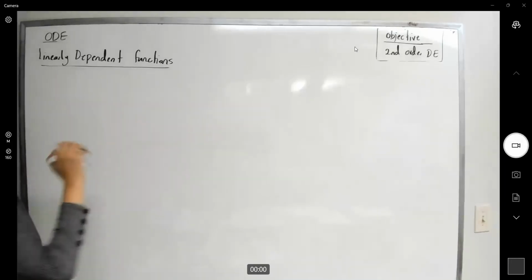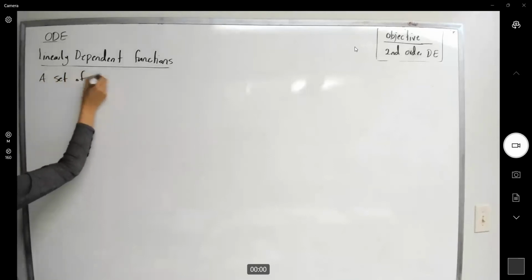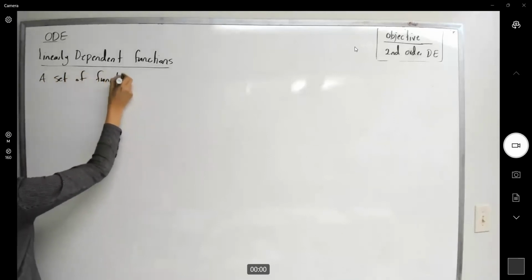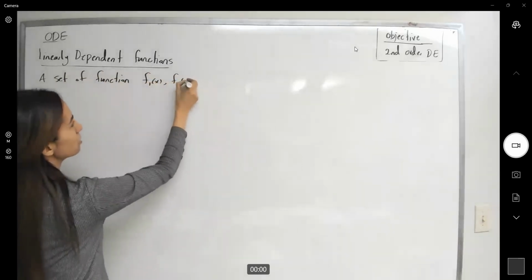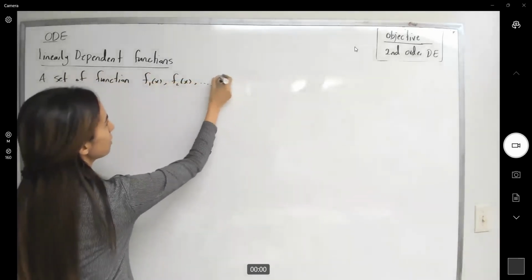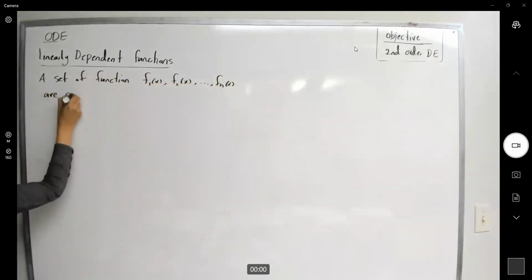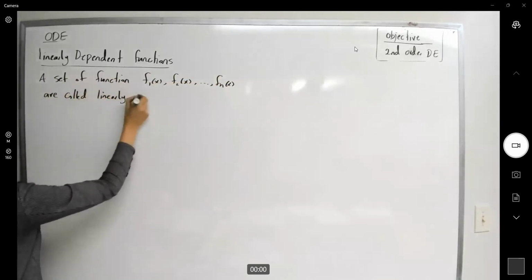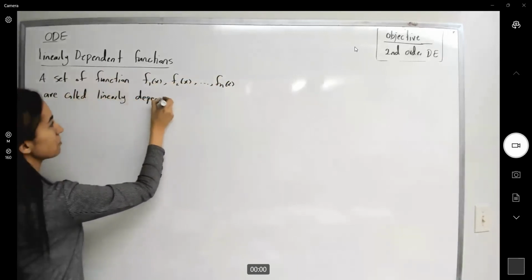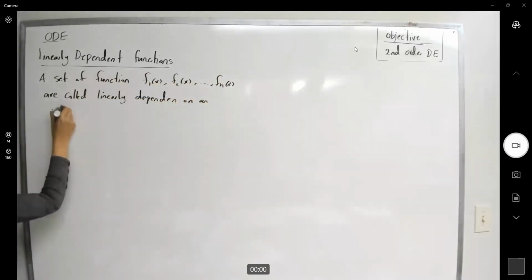Linearly dependent functions. A set of functions, like f1, f2, and fn, are called linearly dependent on an interval like I